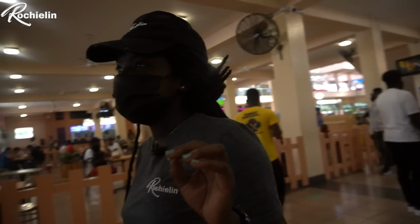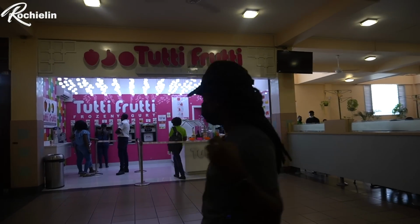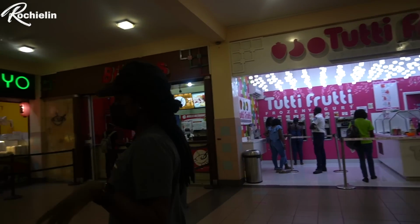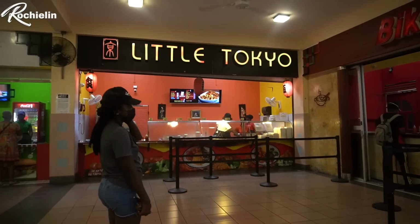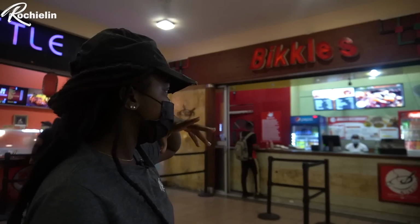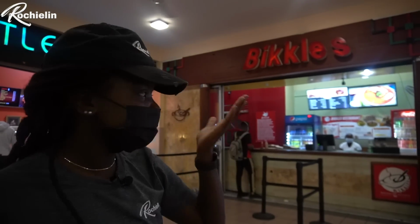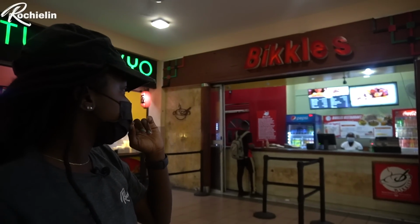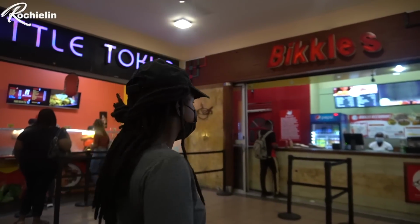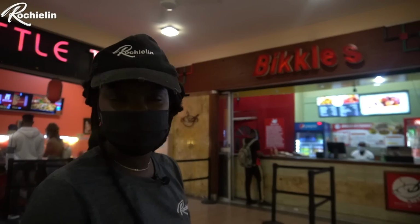You know. And over here is Tutti Frutti, which is a frozen yogurt spot. We're not doing that for lunch, so we're not even going to go over there. And then this is Bickles, and they have cooked foods. I'm seeing fried chicken, stewed chicken, curry chicken, baked chicken, barbecue fried, curry goat, and the prices start from $550. So this is an option